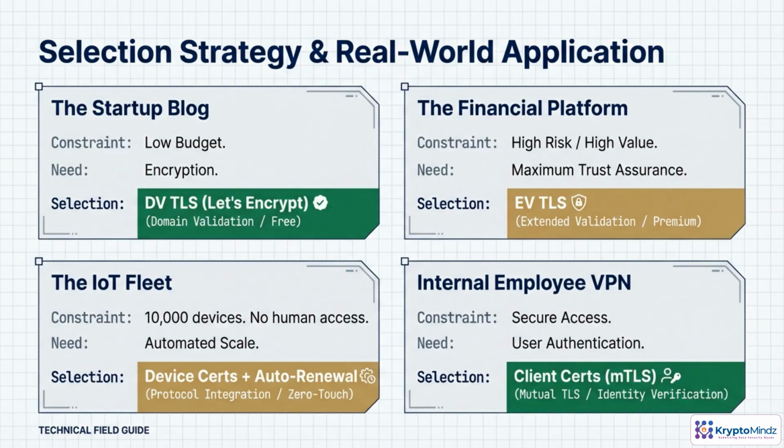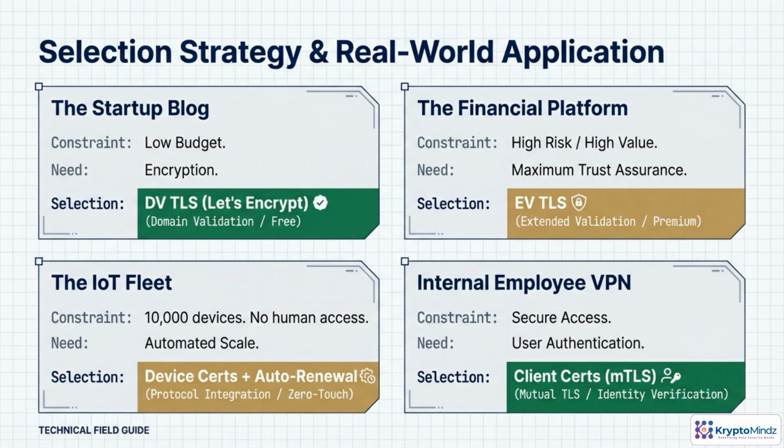By this point, you've seen a lot of certificate types. Now the key skill is matching the right option to the right problem. Think in terms of constraint and need. If all you care about is basic encryption on a low-budget public site, domain-validated TLS is usually enough. You're proving control of the domain, not the legal identity behind it, but you get strong HTTPS without paying for